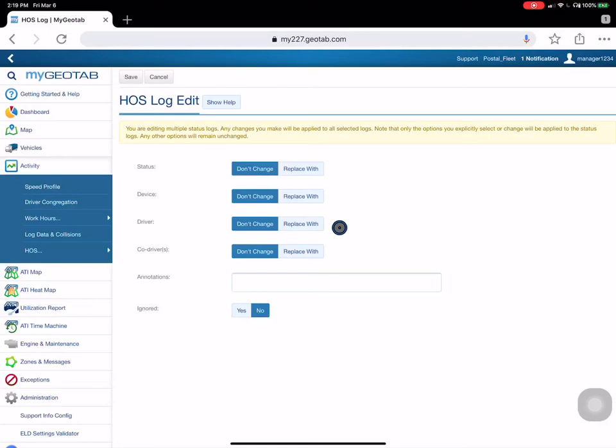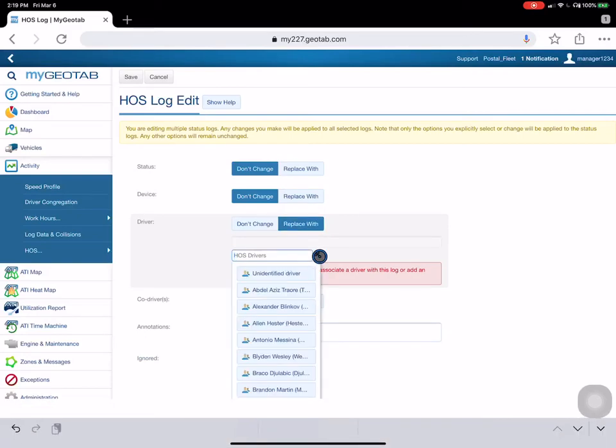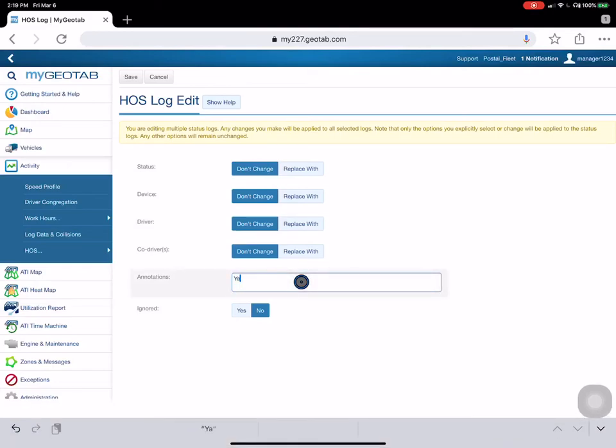Now you can either assign this to a particular driver, or in this case, since it was only 0.1 miles, that's a yard move. So if you want to replace it with a driver's name, you can select from the menu here. But in this instance, since it was a yard move, you can just annotate it as a yard move and